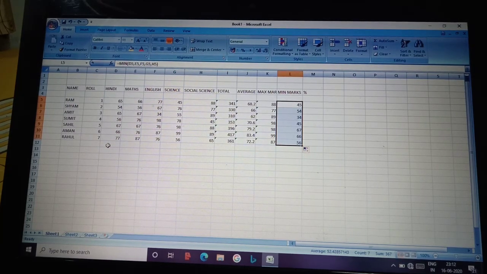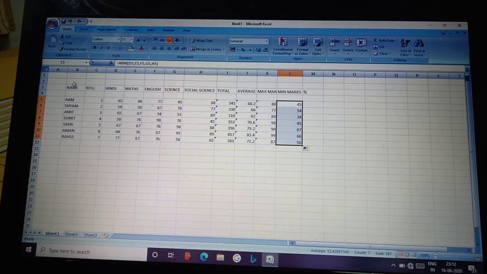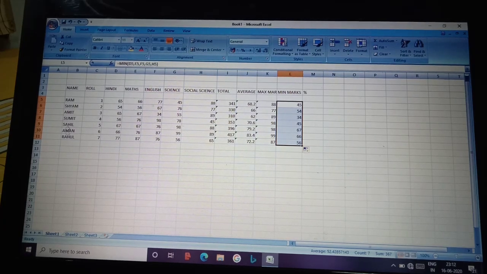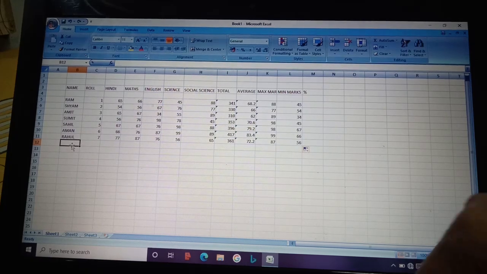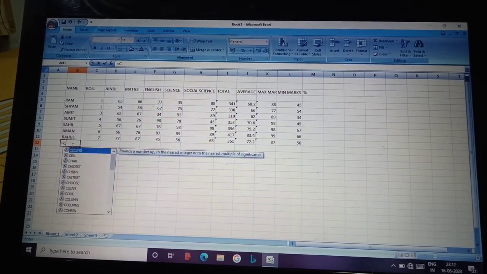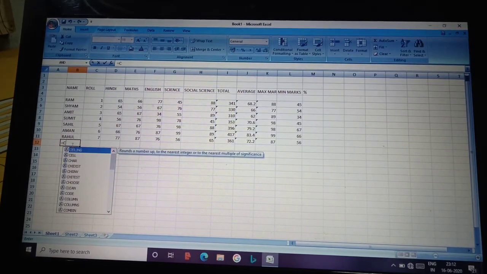Now, for example, we want to count the number of students over here. For that, we have the function count.